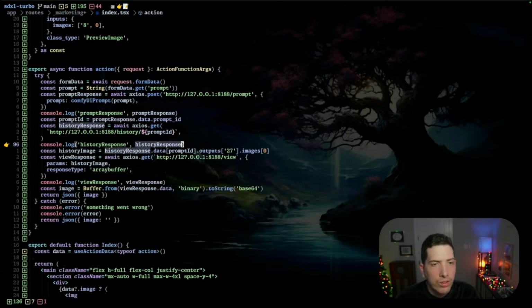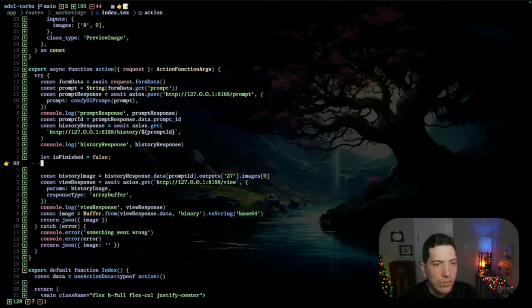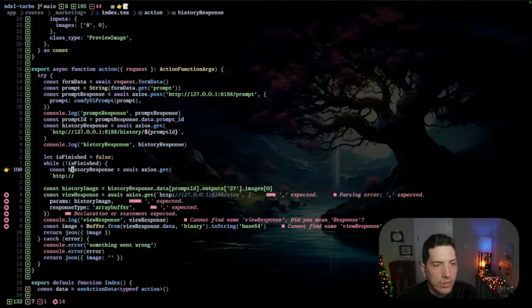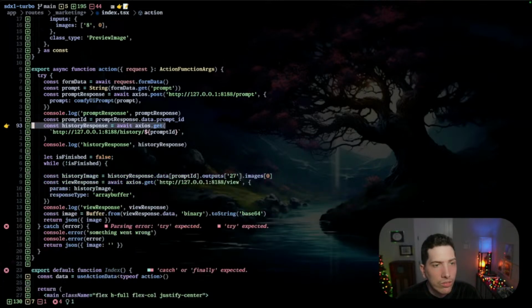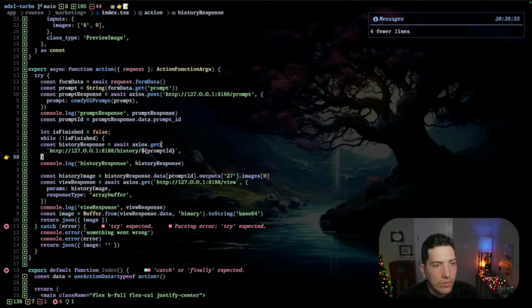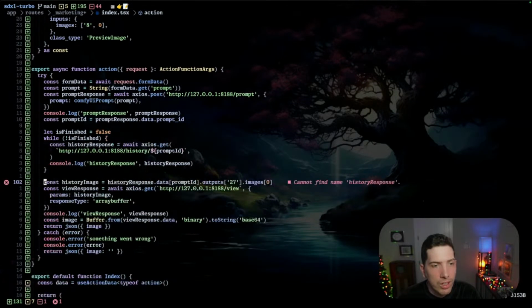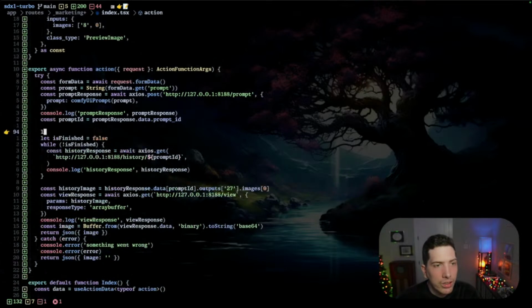I don't like this kind of pattern, but like while is finished equals false, while fetch for the history. And there's like some safety mechanisms that can be put in place, like absolutely. But once it finishes, we're going to be like,